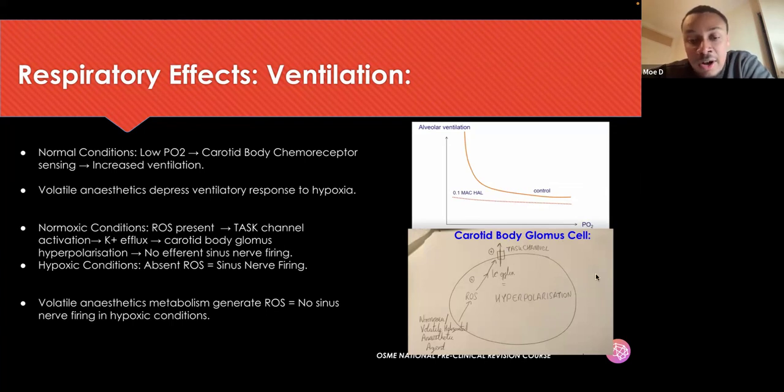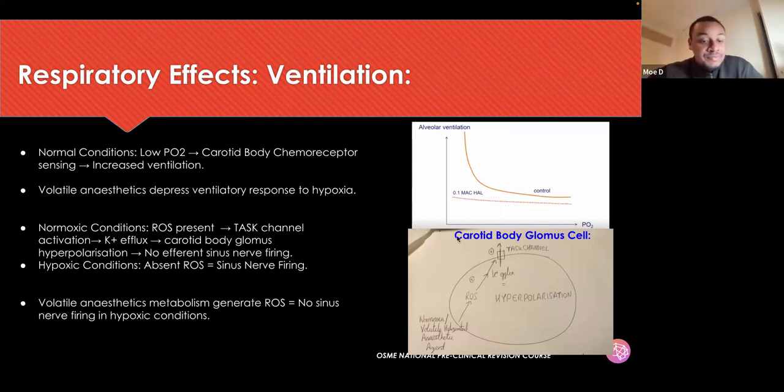There's no sinus nerve firing. So just to recap, oxygen-rich condition, glomerulus cell doesn't fire, no ventilatory response. However, in hypoxic conditions, you've got no reactive oxygen species that's present. So TASK channel is inactivated. So carotid body glomerulus cell is depolarized and sends output to the respiratory centers, and hence you get an increase